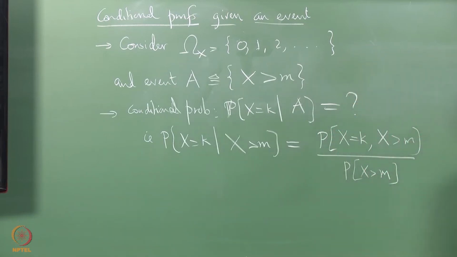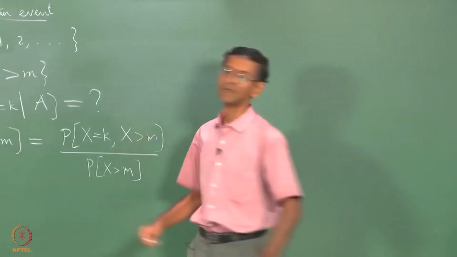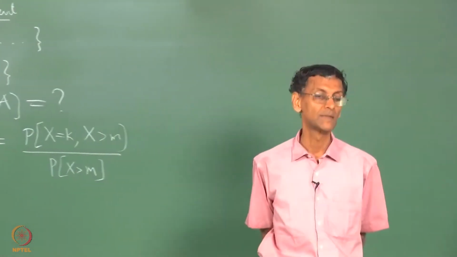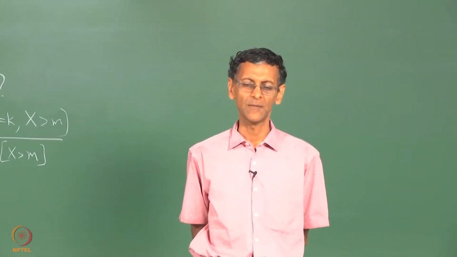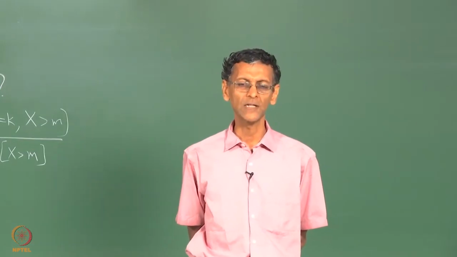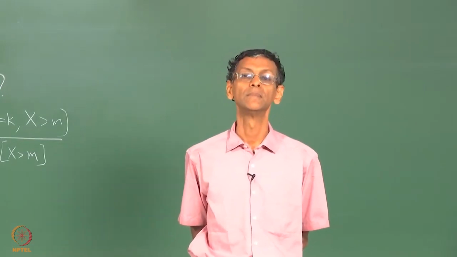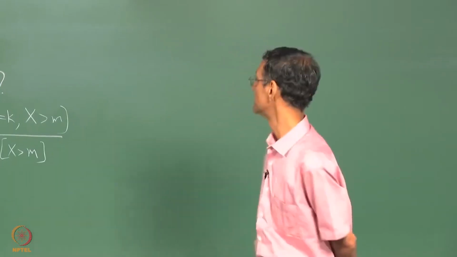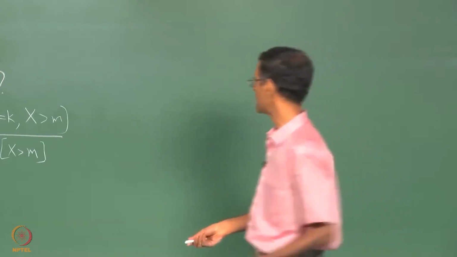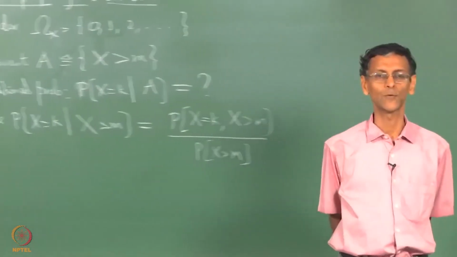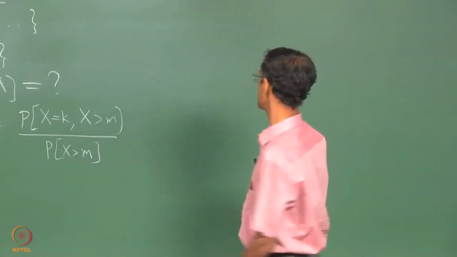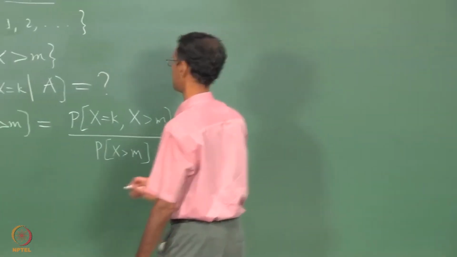The numerator, what can you say about the numerator? What will be the value of the numerator if that number k is smaller than or even equal to m? It will be 0, obviously. If you are given the fact that x is greater than m, x cannot be smaller than m or even equal to m. So clearly this is going to be 0